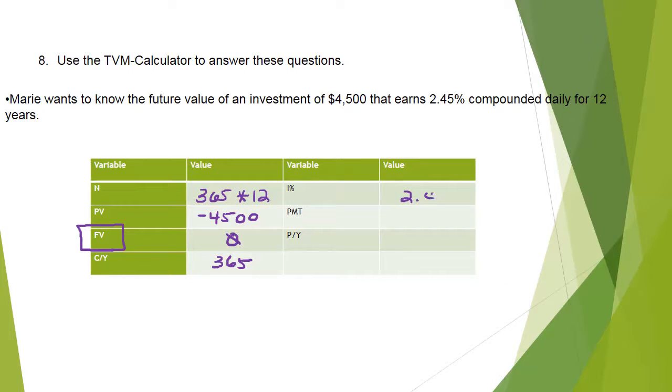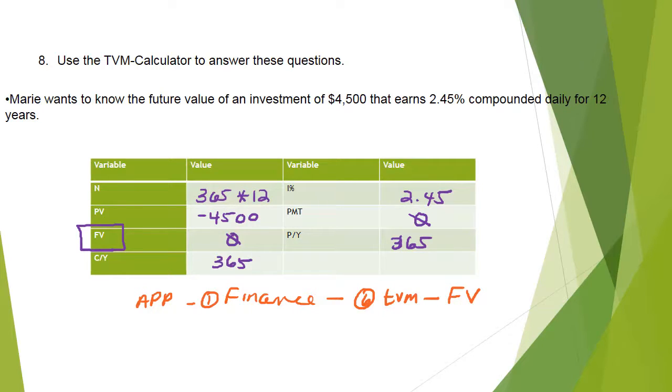365. 2.45. There are no payments here, so this value is the number of times it's compounded. We're looking for our future value, so we go to the Apps button again, choose option number 1, which is finance, and this time, since we're looking for the present or future value, we choose option number 6, which is TVM_FutureValue. And you should get, for an answer on this problem,